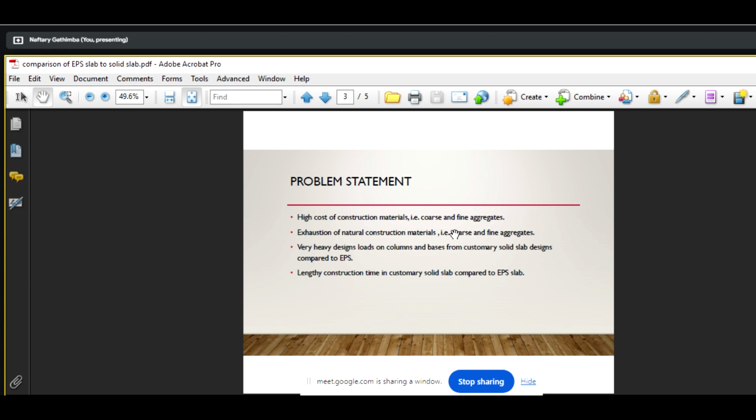You are saying lengthy construction time is customary slab compared to EPS. I don't know. You're saying lengthy construction time. Okay, you see, this is very interesting. You could even compare the cost based on the time of construction. That's something very interesting that people would be happy to see, because actually for these precast units, the issue of ribs, the issue of EPS slabs, the issue of wall panels, the cost saving is on labor due to reduced construction time. Okay, so to me, this is an area that I think, for example, in structural engineering,